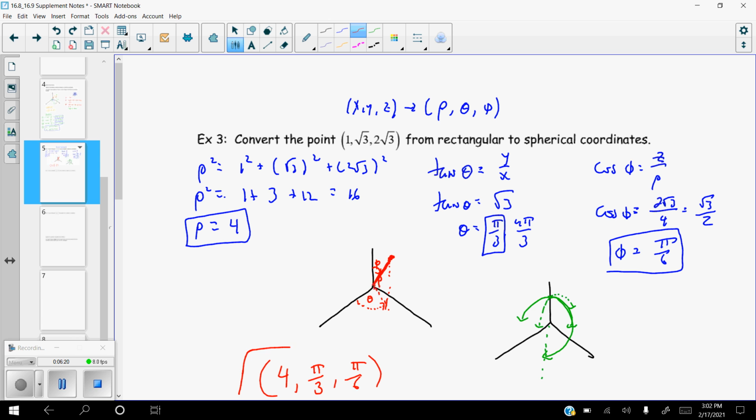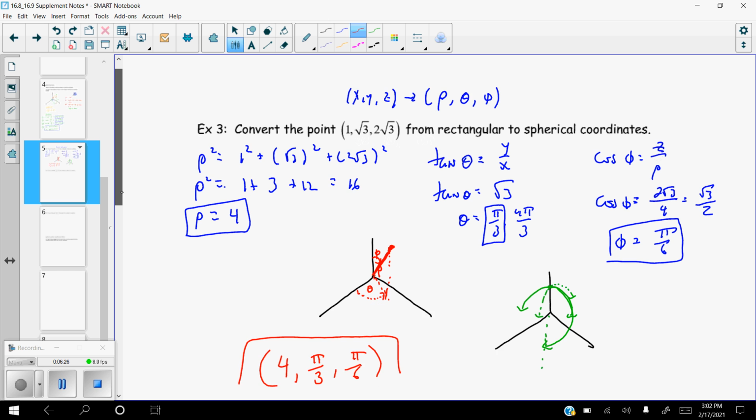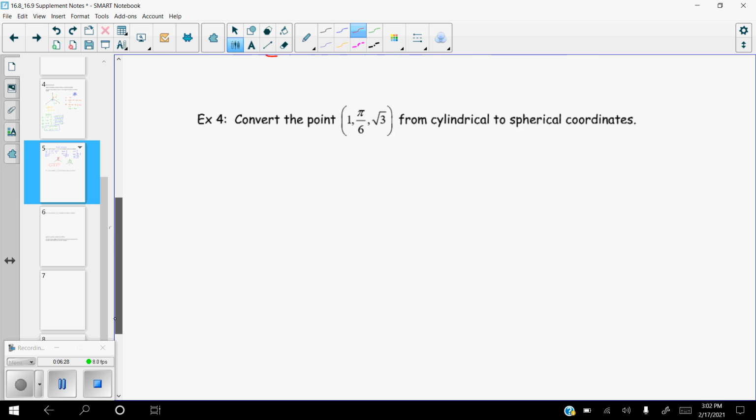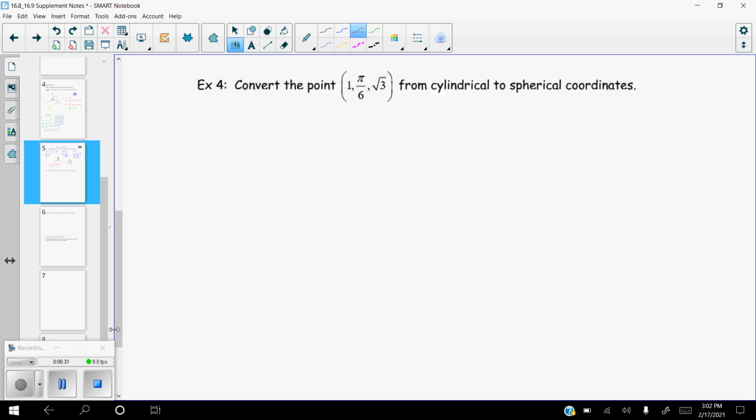That is a spherical coordinate for (1, square root of 3, 2 square root of 3). All right, let's move along. I won't do a sketch like that for every single one of these, but I just wanted to show you the general idea. Now we want to convert the point (1, pi/6, square root of 3)